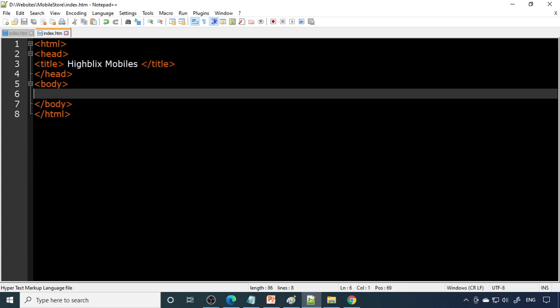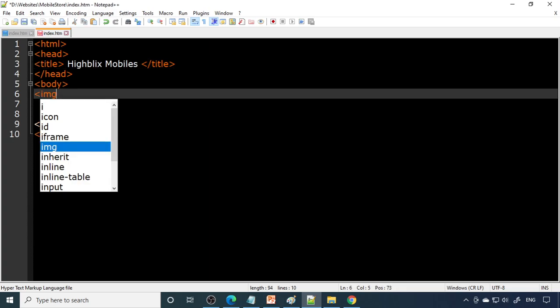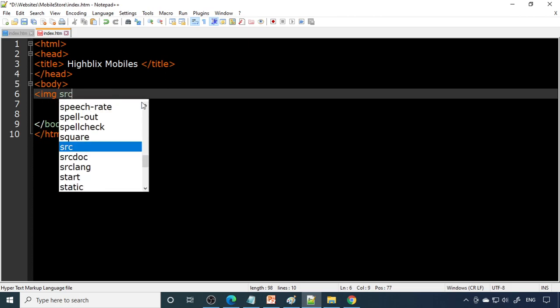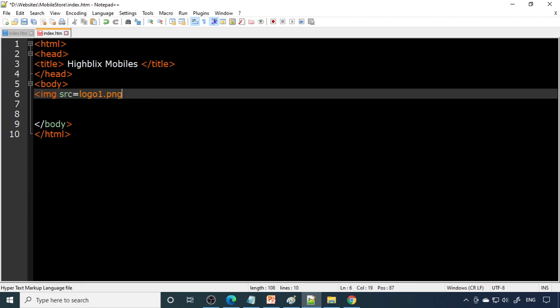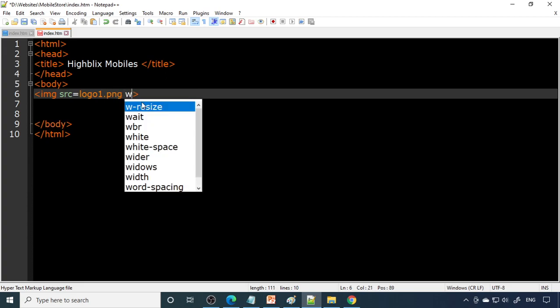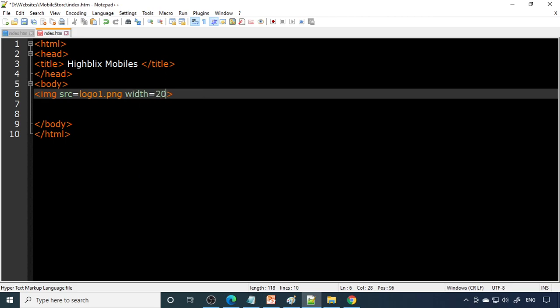Okay, so let's design the things. First you want an image here. This is src, so this is logo one.png, and you want to give the size here. So you can give width equal to 20%. The advantage of percentage is that when you resize the picture, the picture is automatically resized.